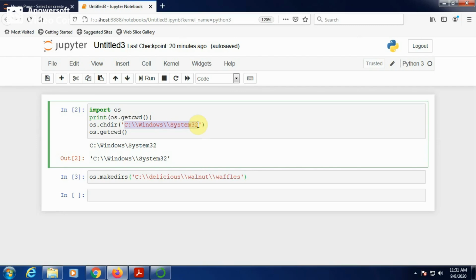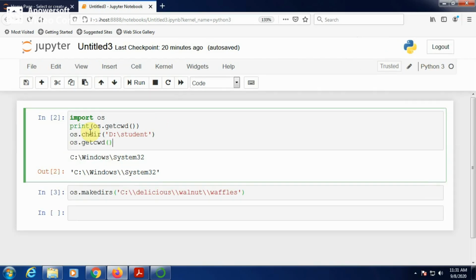If you want to change to your own directory on the D drive, like the student directory, you can change to D student directory, and then os.getcwd displays the present working directory once again.